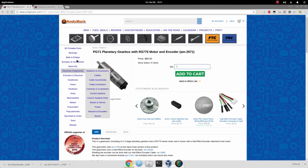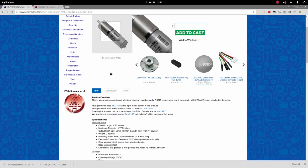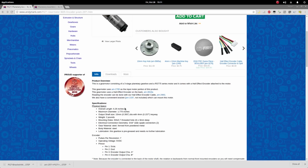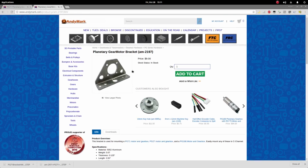The files that we're going to be using are from the MECH website up here. Do a search for PG71, I think AM2917 is the part number, and go to downloads and choose the PG71 with the encoder, but it won't really matter because the process will remain the same for whatever parts you're going to want to assemble together. Download this, put it somewhere you can find it easily, and do the same with the 2197 bracket,